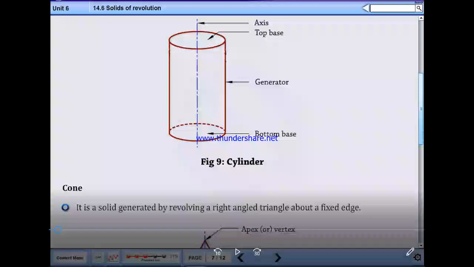Note down the figure and data which is available on screen. The cylinder has an axis, top base, generator, bottom base.